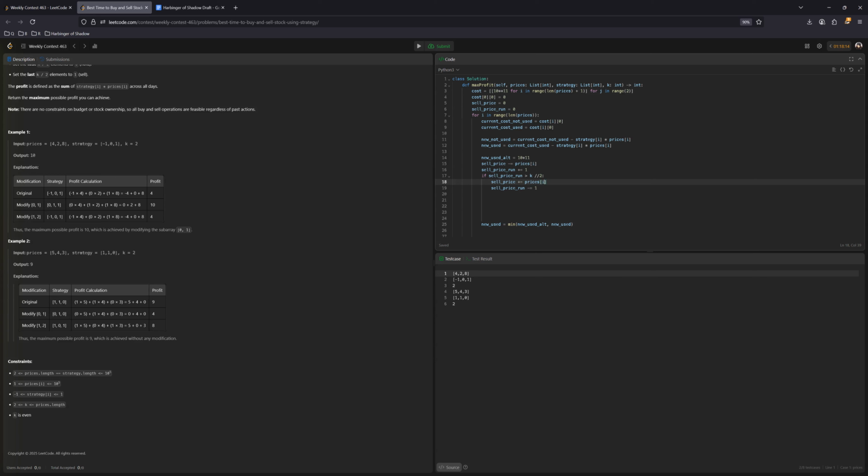Prices minus the oldest one, so k divided by 2, right? So if k were 2, then that would be 1. We're at 1, so we need to get rid of 0, and this would be 1 minus 2 divided by 2, which is 1, which is what we want. Okay, and in that case, then the new used alt